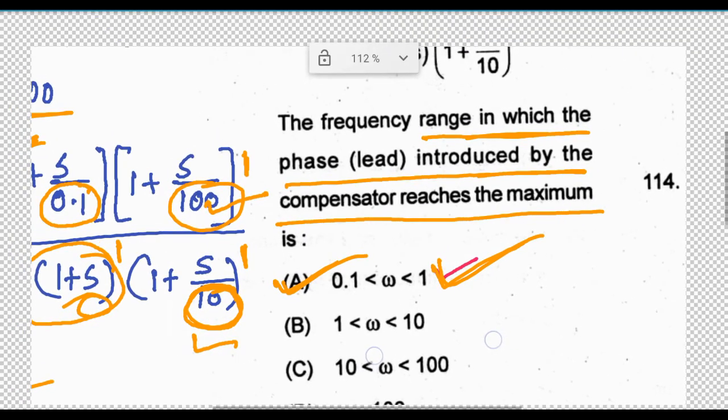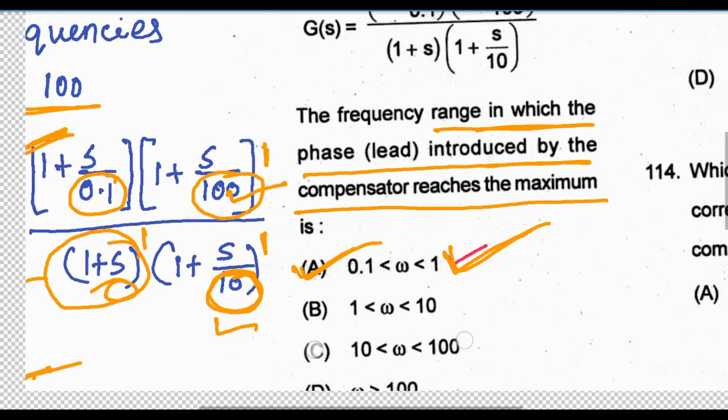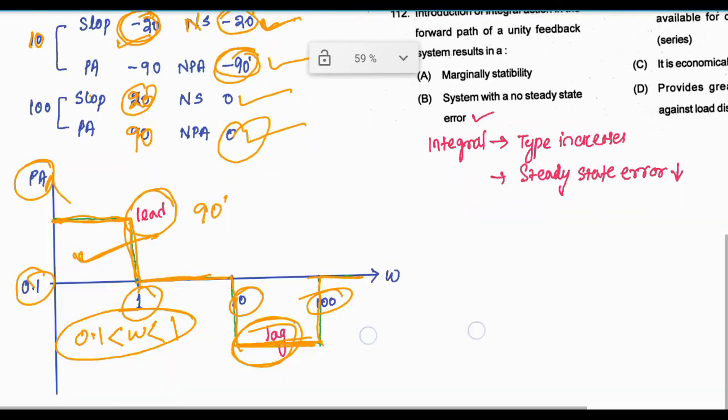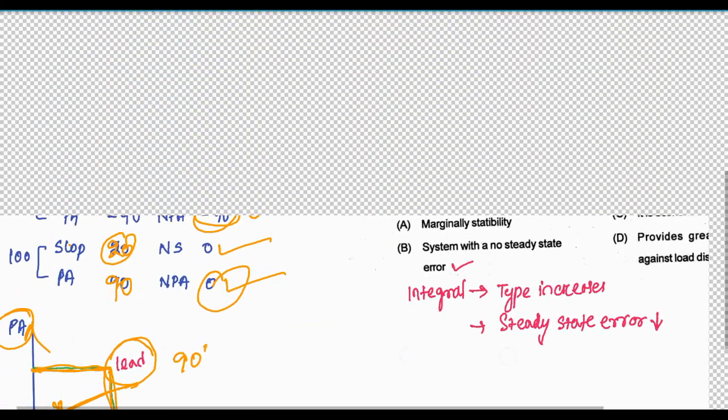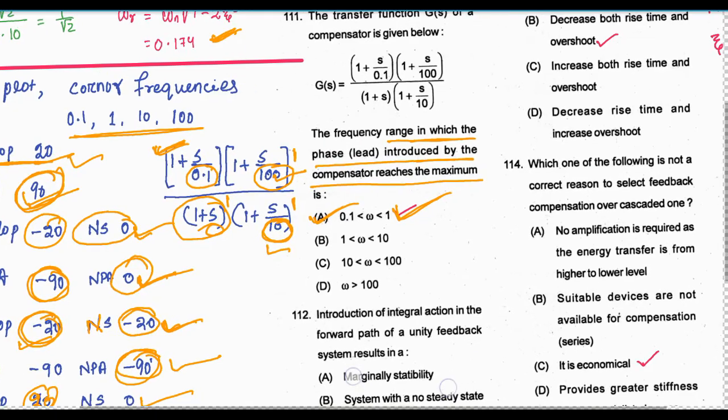If this has asked for phase lag, then this will be of range 10 to 100. This will be of range 10 to 100. So next question is